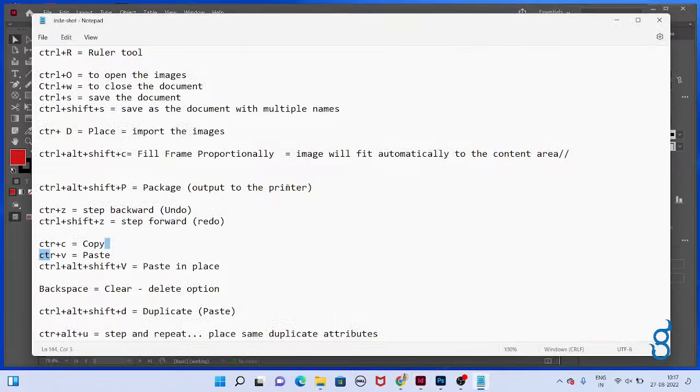Control Alt Shift V. Please note it down. Control Z step backward, Control Shift Z step forward, Control C copy, Control V paste, and Control Alt Shift V